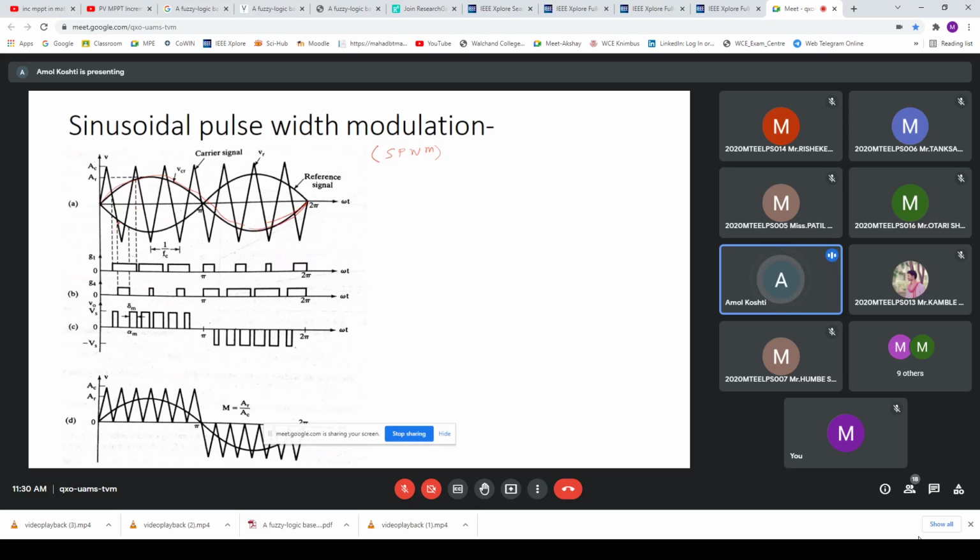Okay, and if you see the output, which output is taken here, so this is the output. This part is only taken. Okay, this part is only taken. So this is the part which is the output of this reference. Okay, so if you see here, we are neglecting this part. Okay, so we are taking this part as it is, and we are getting this pulse. Okay, so this pulse width can also be varied.